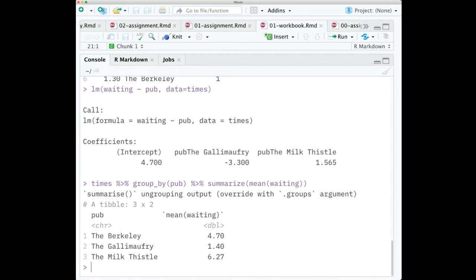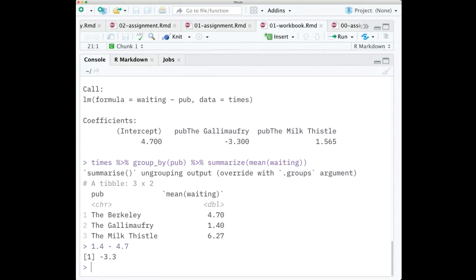The effect of being in the Gallimaufry, this pub Gallimaufry coefficient, is equal to the Gallimaufry 1.04 or 1.4 minus the Berkeley. So like is typical as you've learned about linear regression coefficients, it is the effect of moving from the default